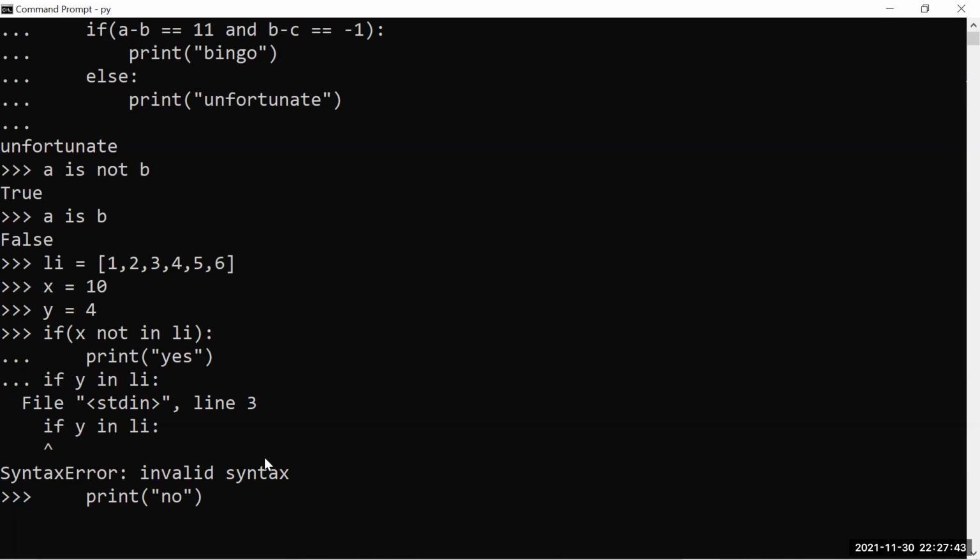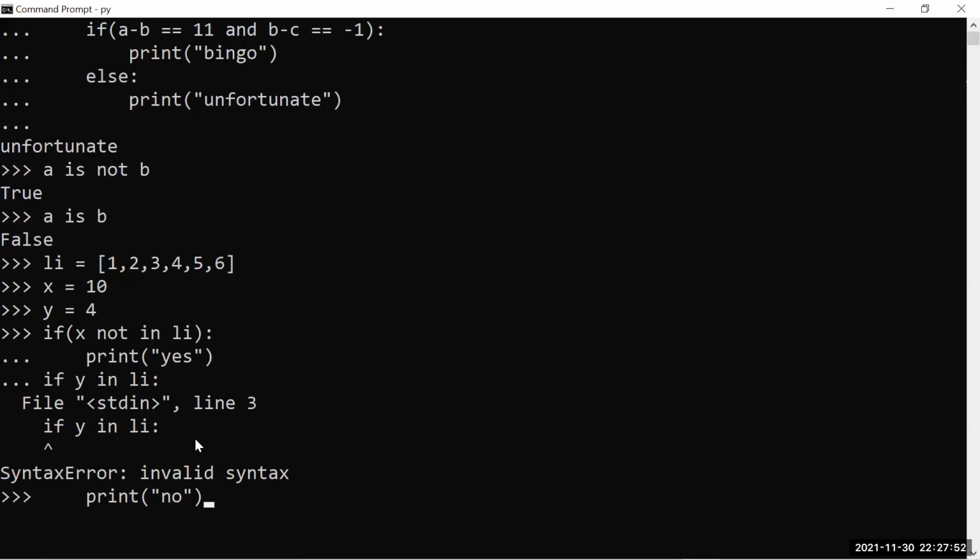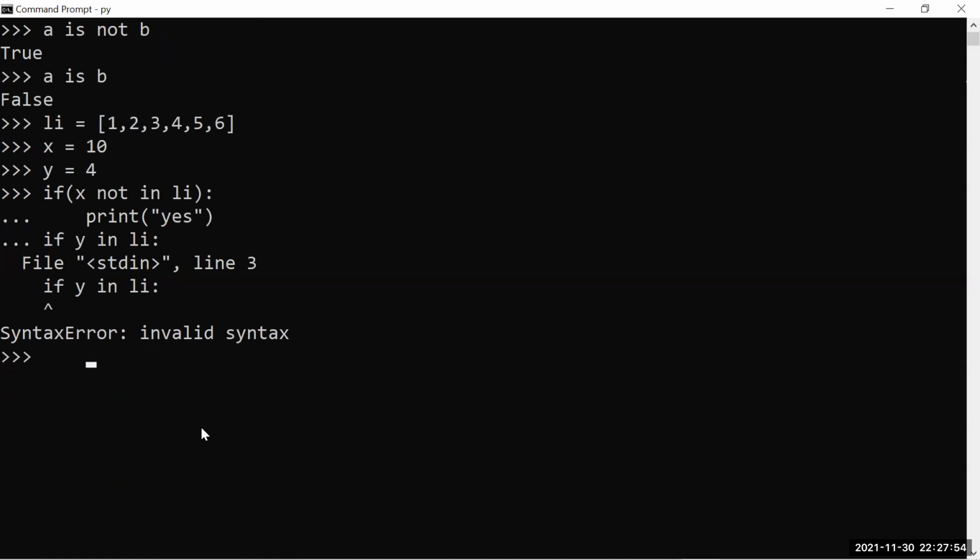Print तो no आ ही गया. Okay, let me just check this. Control C. Control V. Enter.